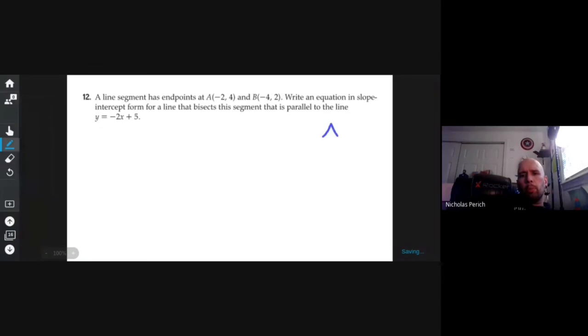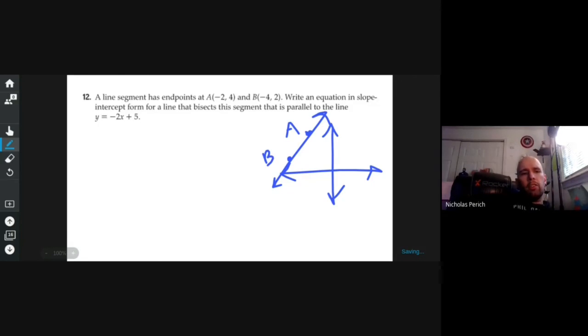So here's my coordinate plane. Here's A somewhere up here, (-2, 4), and here's B, (-4, 2). I actually wrote out B in the wrong spot, so maybe it's okay that I had to redo it. This is a line segment, so I don't want these ends there. I need to take